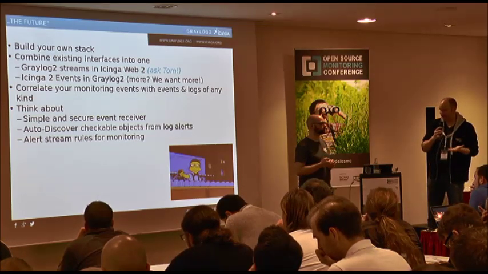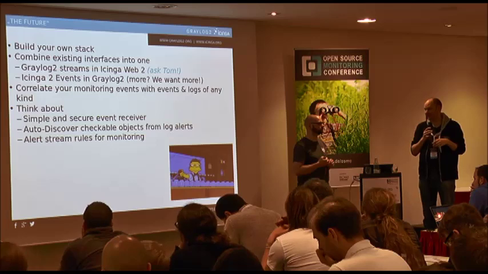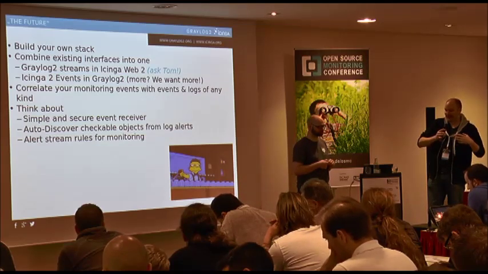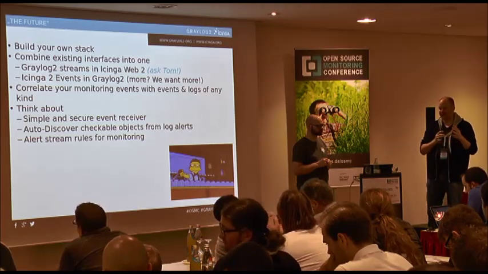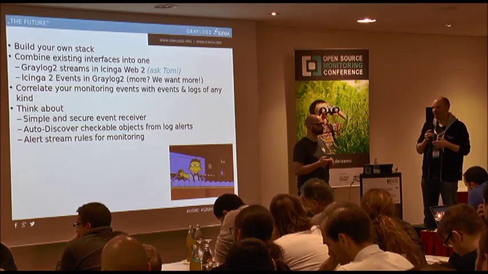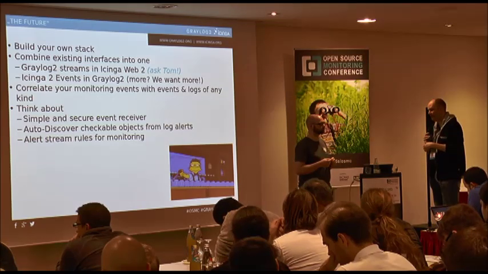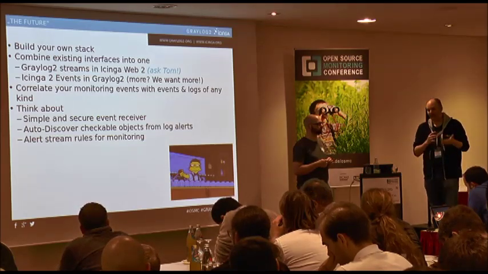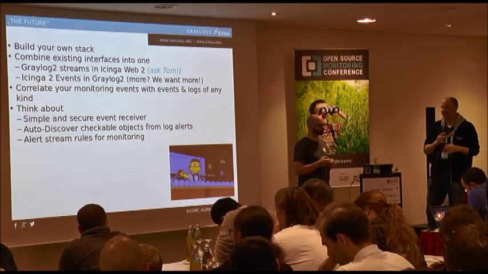We also want some sort of API for Icinga 2, which is on the roadmap somewhere in 2015, when there's time again. We also always have the problem with the host service objects thing you have in Nagios or Icinga, which you want to get rid of if you're just sending in a log message for whatever event that is. Maybe you don't have that relationship, but we want to find a way to generate objects from these alerts and allow the user to say, well, it's a log event. In Icinga 2, it's treated like host service, and you can actually acknowledge that and add that to your stack, and you don't need to write any config file for that.